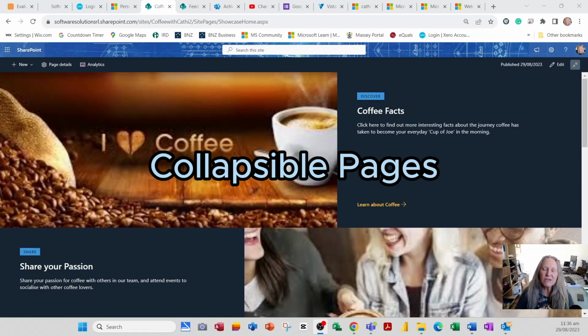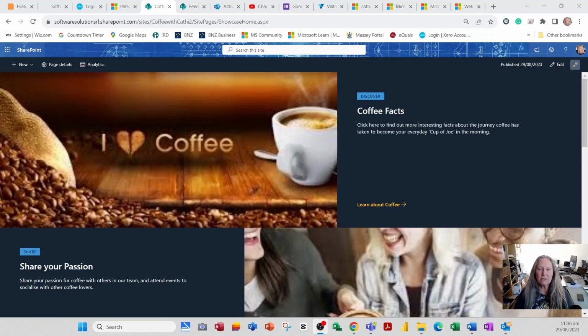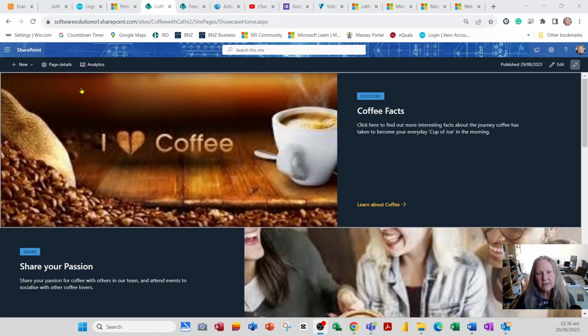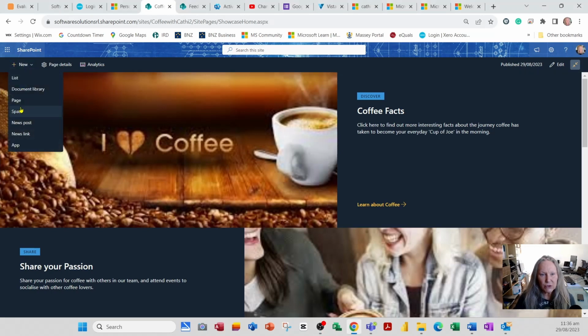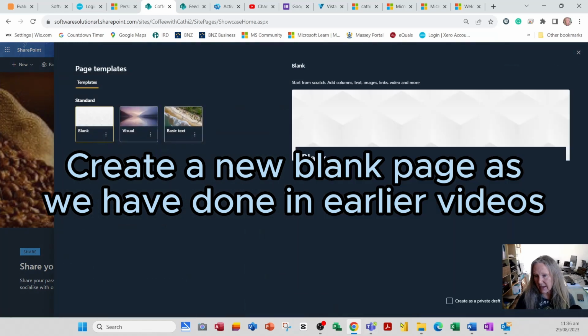When you have a page that has a lot of information, it's a particularly long page, it might be prudent to actually incorporate collapsible sections. So I want to show you how to create a collapsible page, and a good example would be a frequently asked questions page. Let's on our website start by inserting a new page, a blank page,